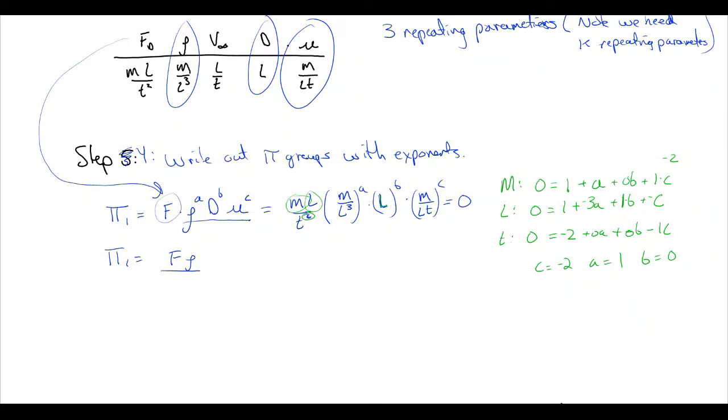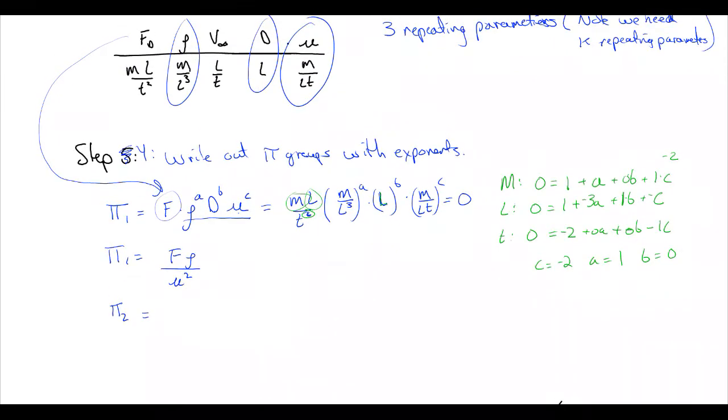So mu squared on the bottom. All right. And now we can do the same thing for pi 2. So pi 2 is equal to, we're going to use our other variable we haven't used. So we did F first, now we're going to use V. So we have our velocity times rho to the A times D to the B mu to the C is